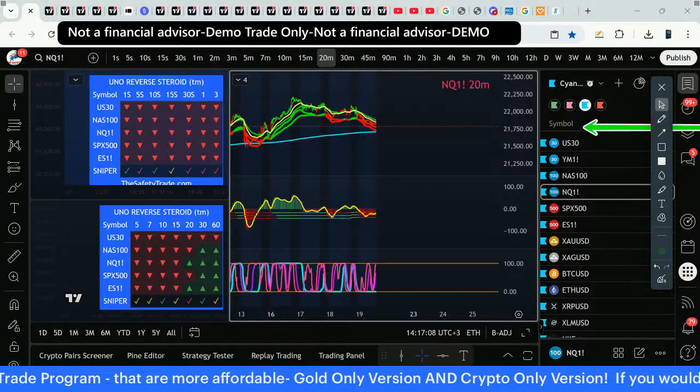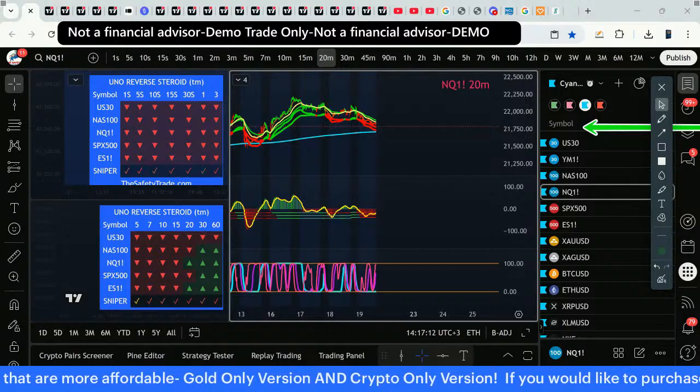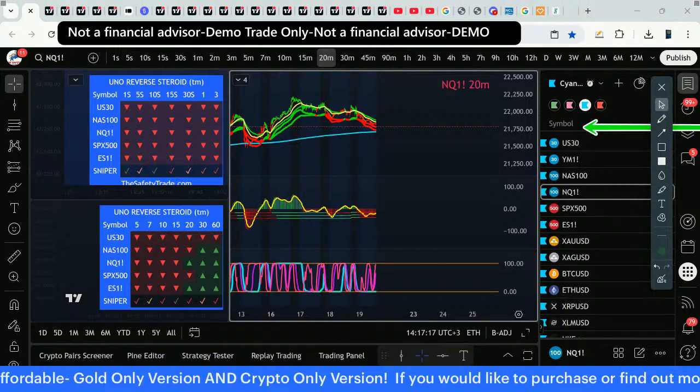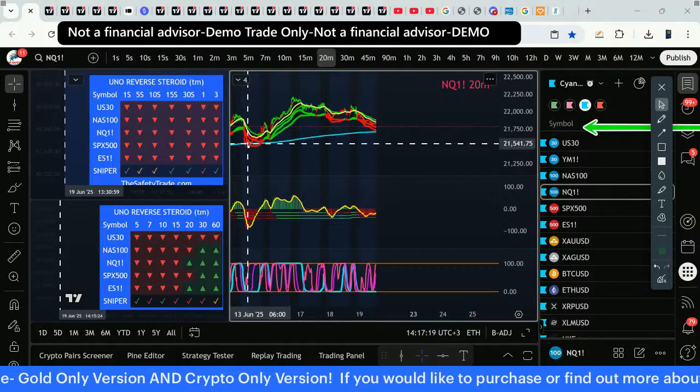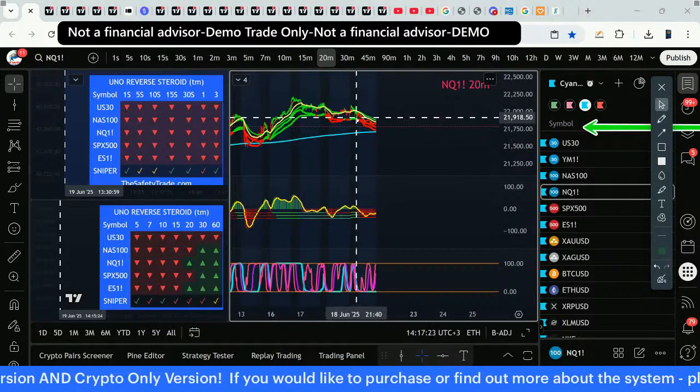Sell stop to the 20-minute blue line. I think I called that yesterday, right? And it didn't go all the way down, I don't think. Did it? I don't know. No. So I don't think it went all the way. I think it hit the 15-minute, calling for